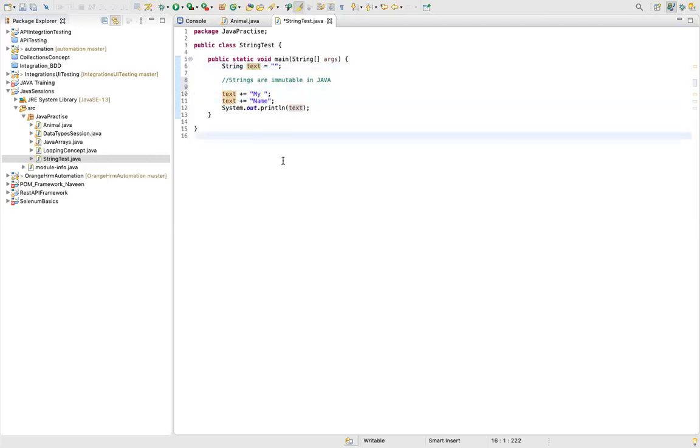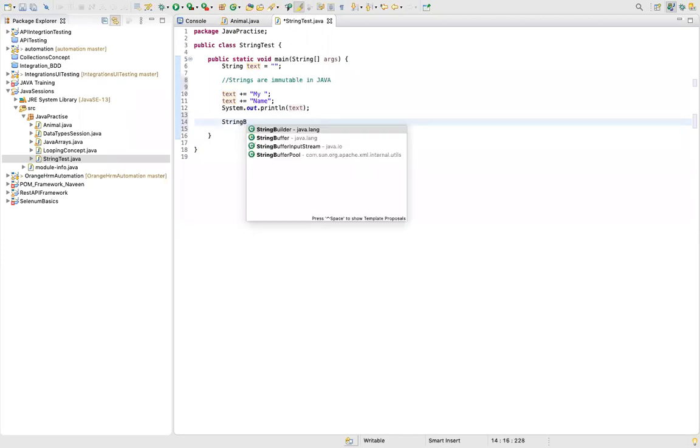So each time a new string is getting created. Multiple strings are getting created, and these are all interim strings, and their values are getting assigned to your main string text. This is inefficient code which we have written. So in order to achieve better code, what can we use? We can use an inbuilt class, that is string builder. We have one string builder class.